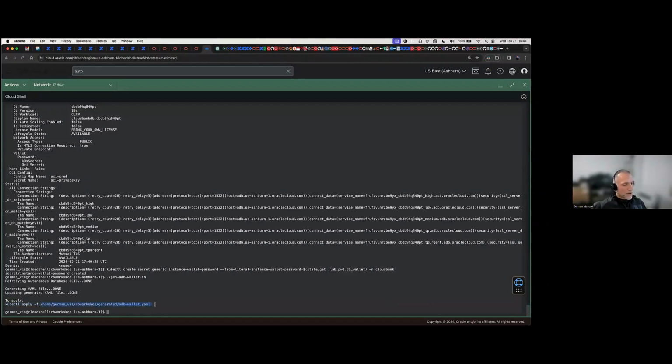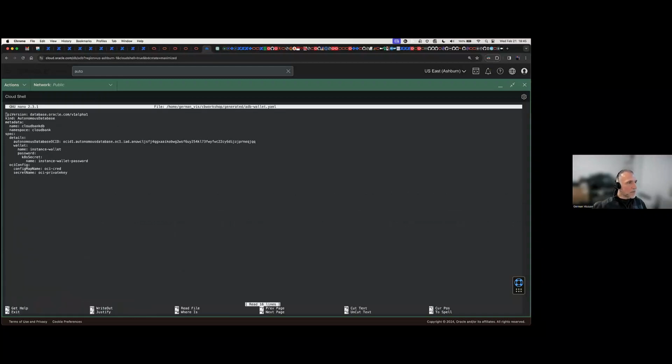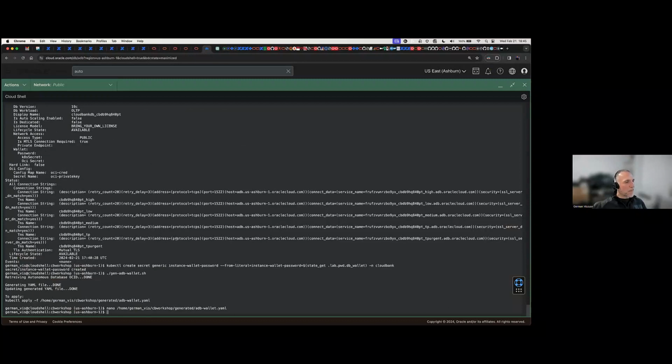What we are doing here is we want to apply this YAML, which is basically going to bring the wallet of that database that we just created to OraOperator. Okay, so we are passing the autonomous database OCID. We are saying instance wallet, and we have an instance wallet password, etc., etc. So let's apply this, and then we can verify that we have the wallet within operator.